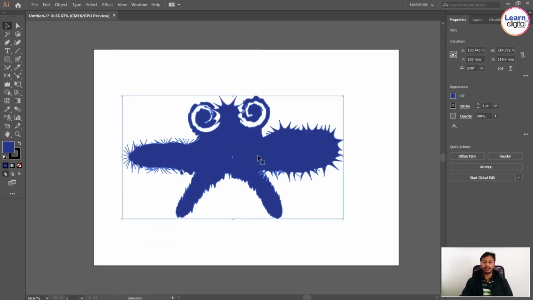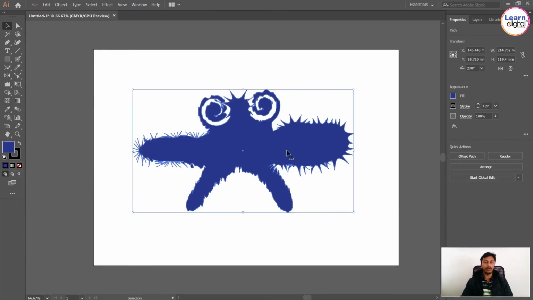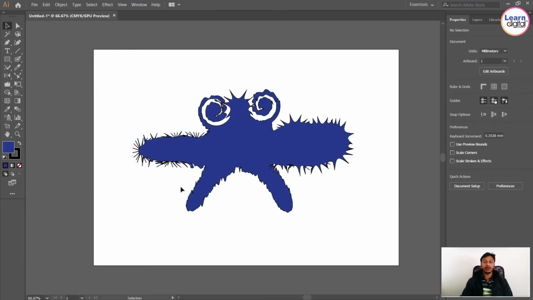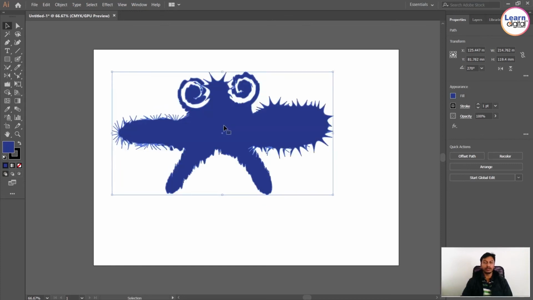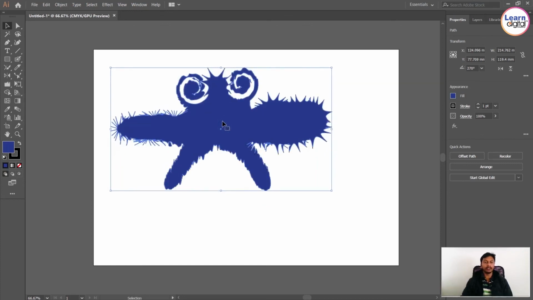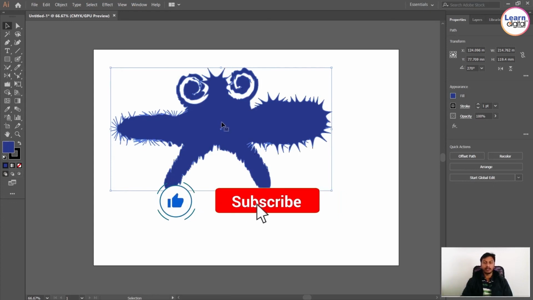Whenever we are creating designs, these tools are very important. If you want to create this kind of effects with the help of the pen tool, it is very difficult to draw each and every individual piece. Instead of that, you can use all these tools. So don't forget the tools. Remember all the tools. Day by day, we are learning new things. Make sure that you are practicing all the tools according to your required designs.